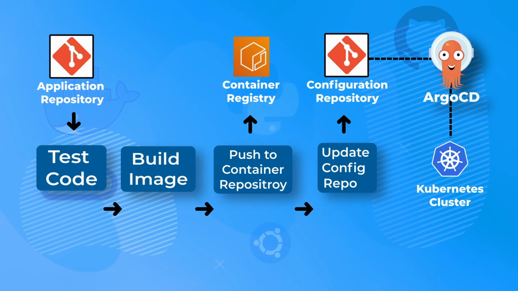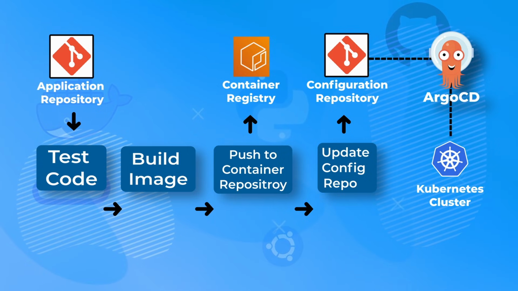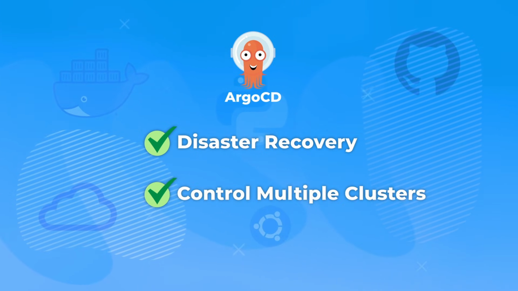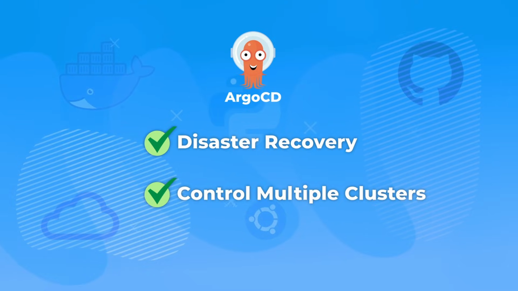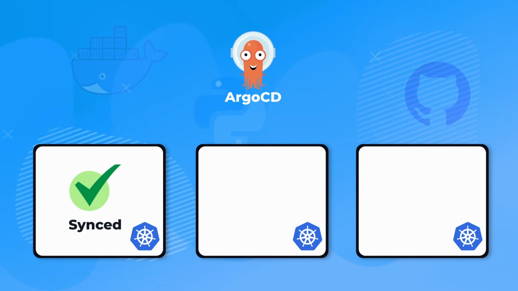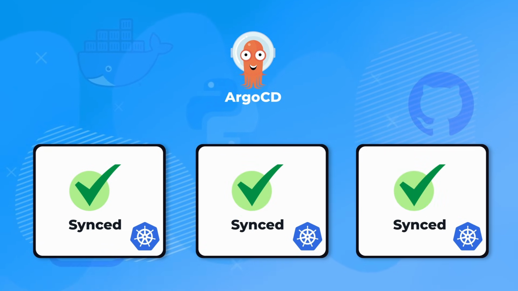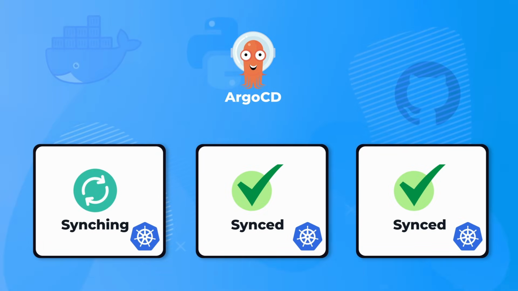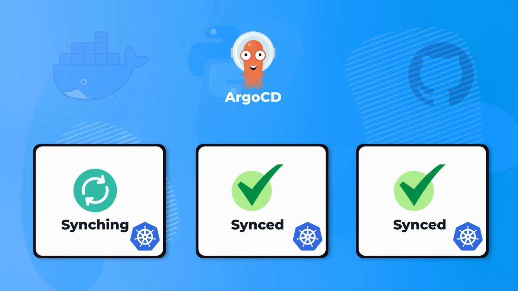Now, before we jump into the labs that are really going to cement your knowledge of how to use ArgoCD, there's two more things that you need to understand about ArgoCD, and that's its ability to enable disaster recovery, as well as its ability to orchestrate deployments to multiple Kubernetes clusters. You see, in the DevOps world, we don't tend to back things up anymore. We recreate them instead. With ArgoCD, if you were to lose a Kubernetes cluster, you could just bootstrap a new cluster and point your Argo deployment to your Git repository. Since everything is defined in code, ArgoCD would bring up the new cluster to the desired state